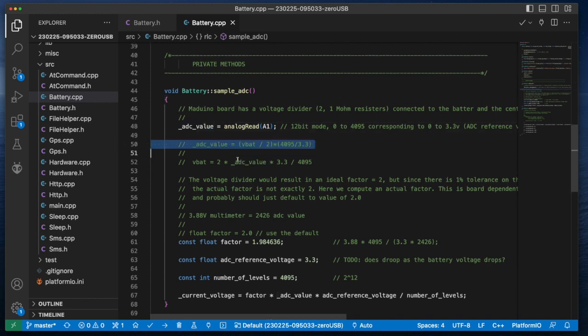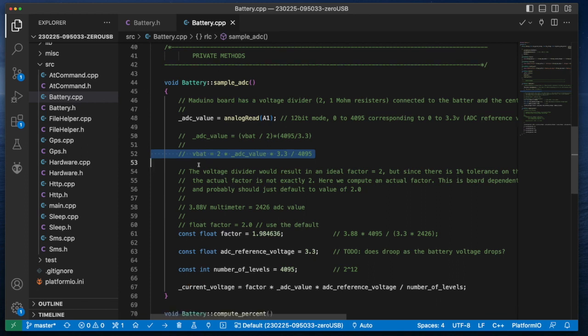Now, we don't have to use this formula to compute the analog to digital converter value. We're going to be given this value, but what we want to do is use this formula and invert it to something where we can compute the battery voltage given the analog to digital converter value. So here's this inversion, and this inversion is directly from here, and you can see it in code down here